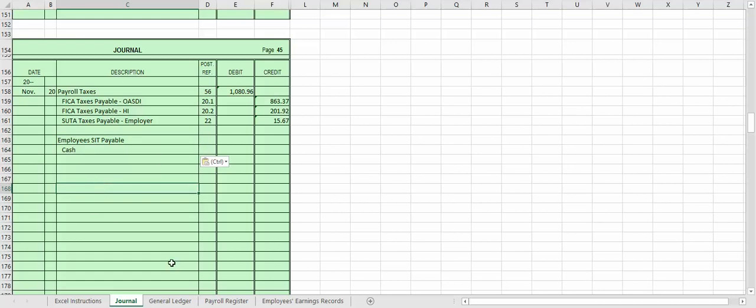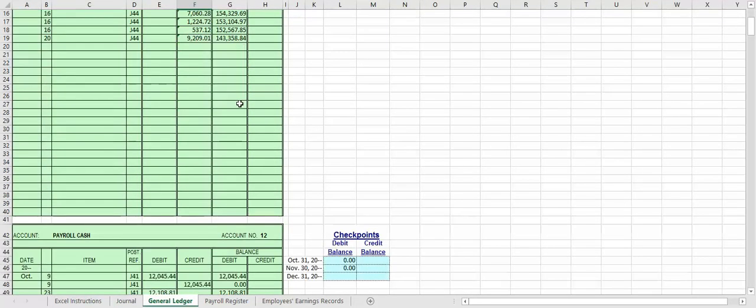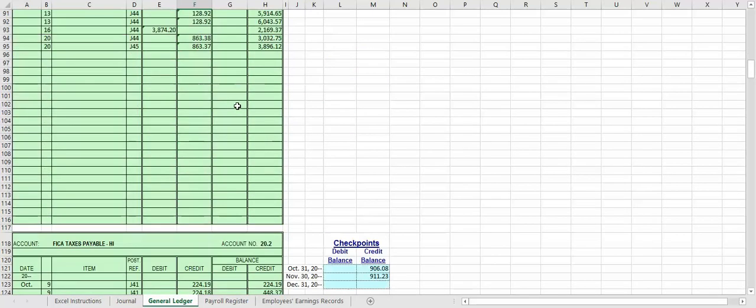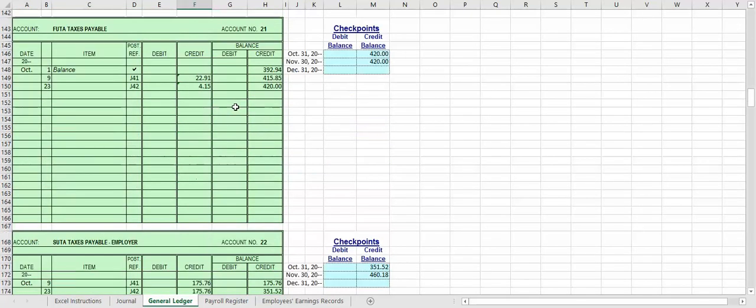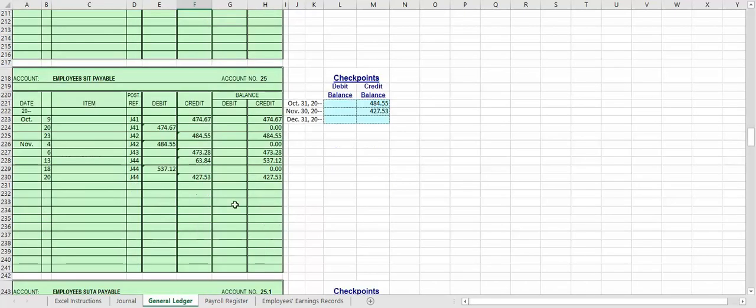that, but then for the amount, you're going to look in the general ledger. You're going to scroll down till you find the SIT payable, SUTA, FIT, SIT. If you look at the previous entries, you're going to need to get the account to a 0 balance on December 3rd. So if we look at December 3rd,